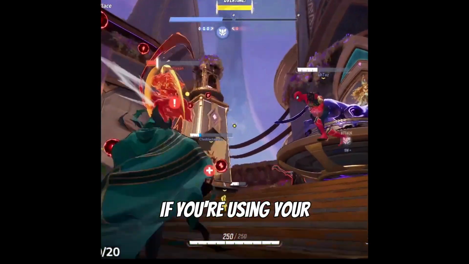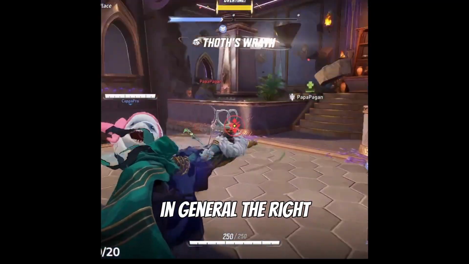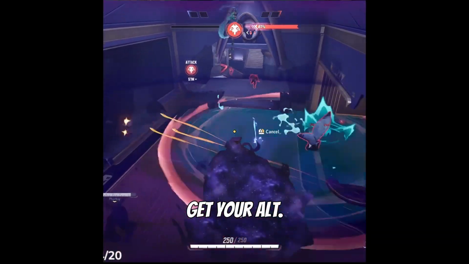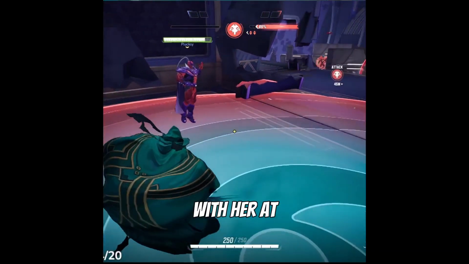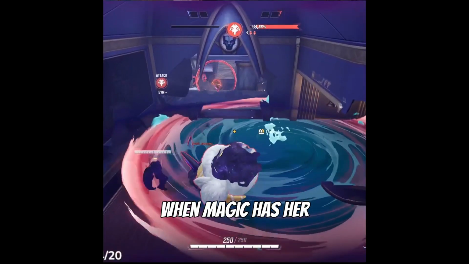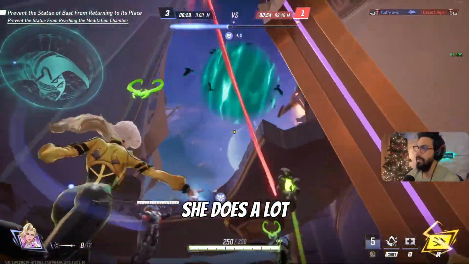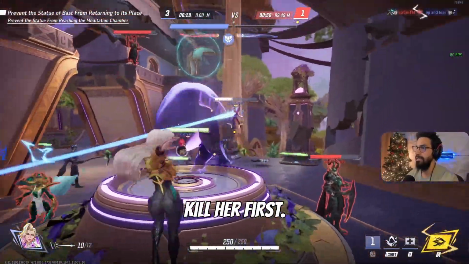If you're using your bubbles the right way, if you're attacking the right way, if you're healing in general the right way, she actually gets her ult faster than you can get your ult. But if you do everything that this video said before, you can get it back with her at the same time. When Magik has her ult, you can utilize it to counter her if she does a lot of big damage, but you might want to hold off just a little bit to see if your team can kill her